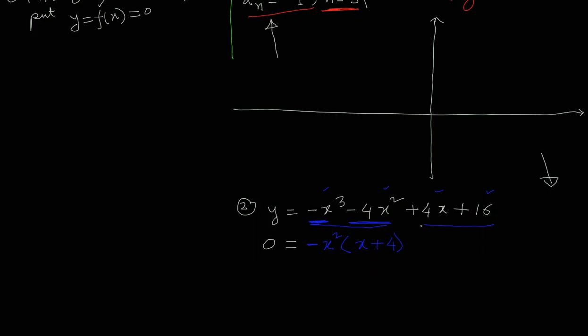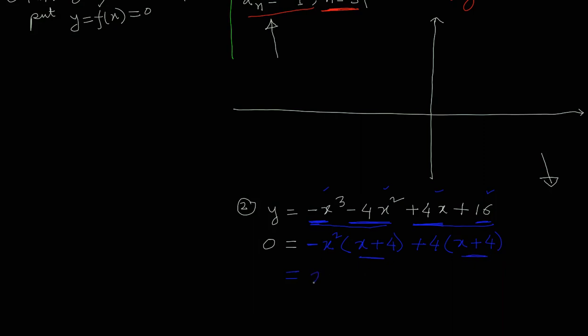And then let's see the last two terms, 4x and plus 16. I can take positive 4 out. If I take positive 4 out from positive 4x, I am left with x. If I take positive 4 out from 16, I am left with positive 4. All right, so now as you can see, I have x plus 4 and x plus 4 common, so